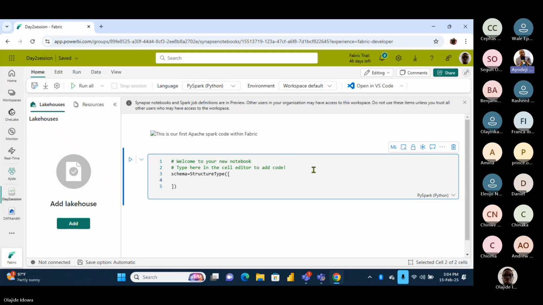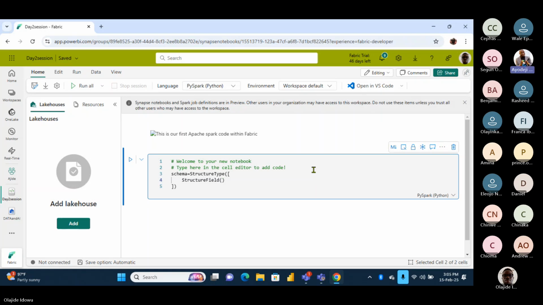Good. Now on my StructType, let's start with StructField. Let's have just 2 or 3 or 4 fields. StructField. Good. I'm just creating a schema, the way we create a table in SQL and do our DDL. StructField, open a bracket.